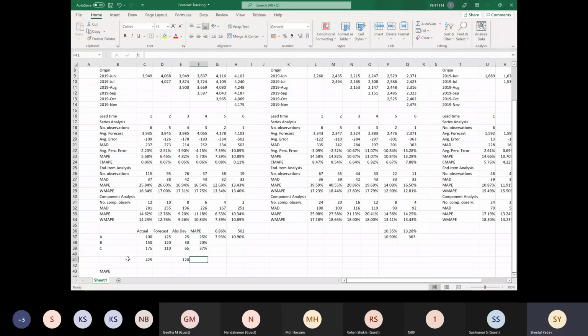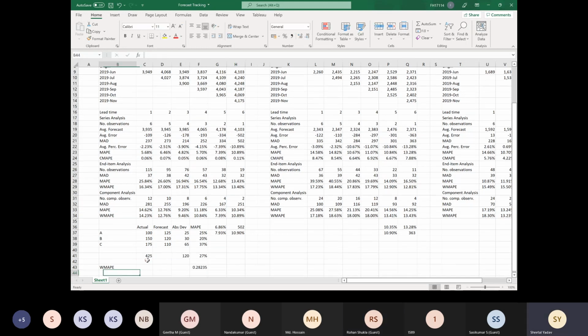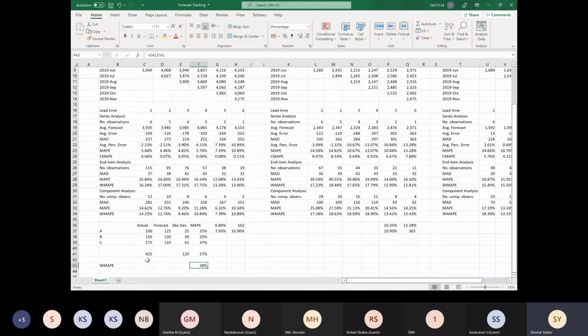And if I want to look at the overall level, then my MAPE would be an average. I'm talking about the pure MAPE formula, which is being used in Forecast Pro. So this is my MAPE. There is also something called WMAPE, which I believe you also utilize in your company, where we aggregate all of the absolute differences and then divide that by actuals. And that is slightly different to my average MAPE.